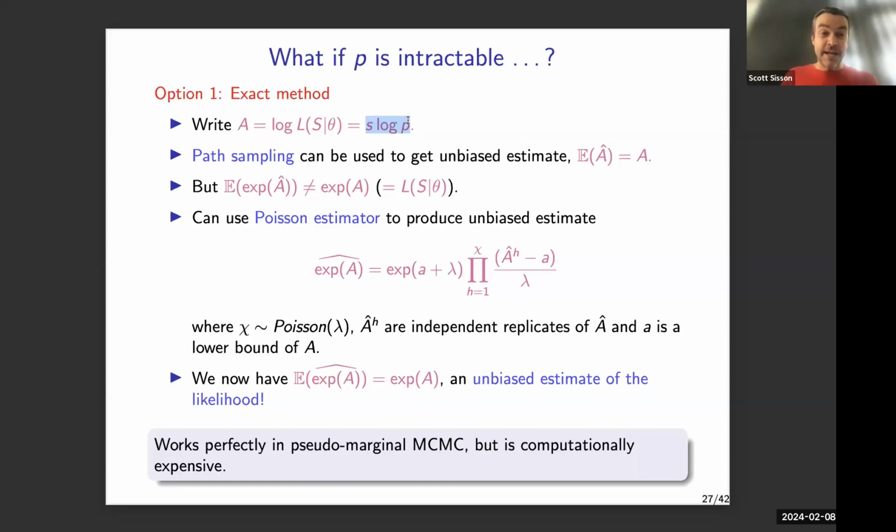We can't then exponentiate that and say this is now an unbiased estimate of my likelihood, because the expected value of the exponent of an estimator is not the exponent of the true value of that estimator. So that doesn't work. But there's another trick that we can use called the Poisson estimator, which basically says if we have a lot of copies of the unbiased estimate of the log of the likelihood, we can do a little jig here with probabilistic outcome and come up with an estimator here, which is an unbiased estimator of the likelihood. I'm not going to go into the details. There's math behind that. It's very interesting if you're into that kind of stuff. So the outcome is that we have an estimator. It works. We can do it, but it's actually computationally expensive. And because we're all about reducing computational expense here, we wanted to reduce that.